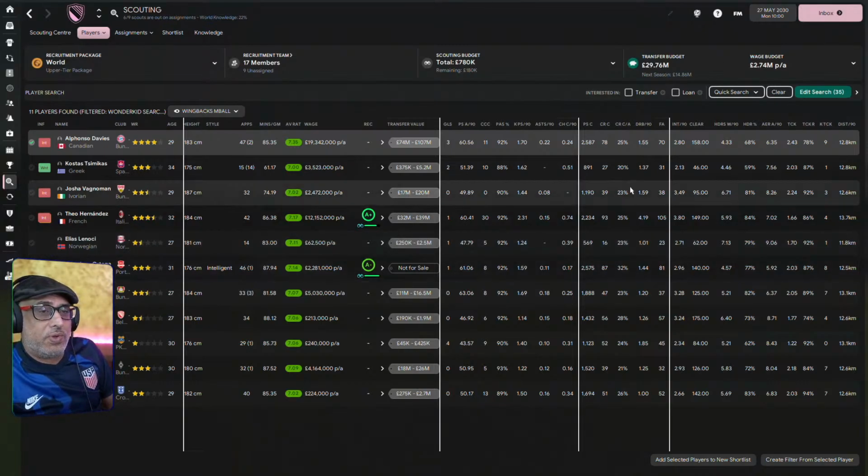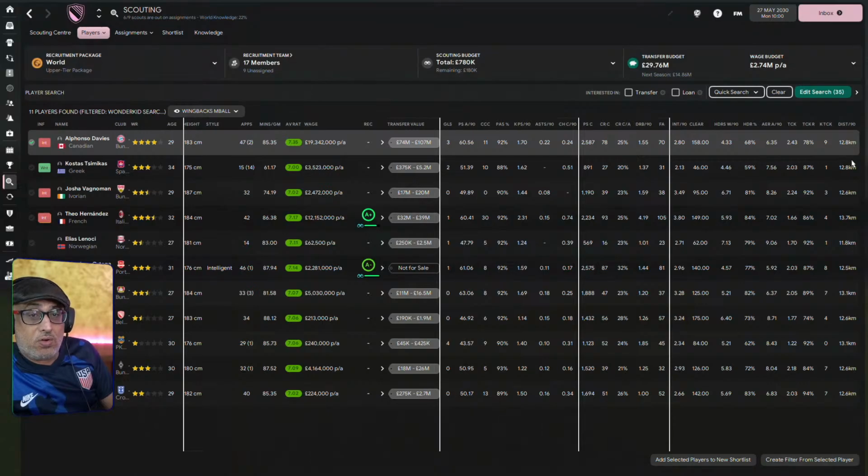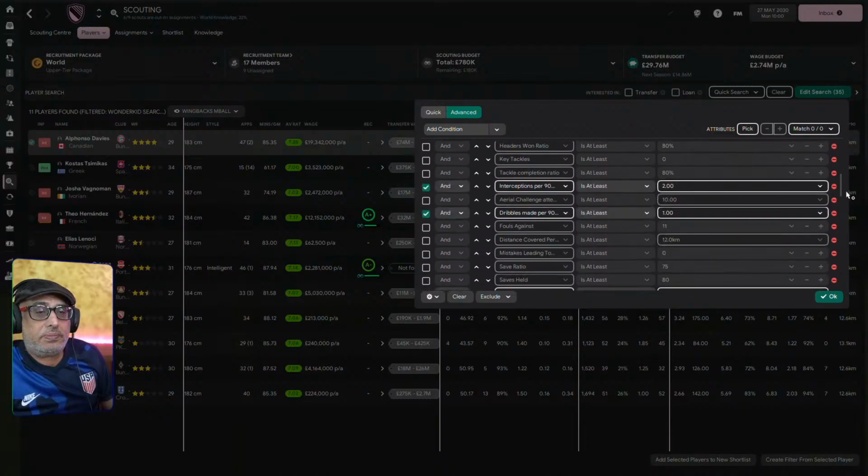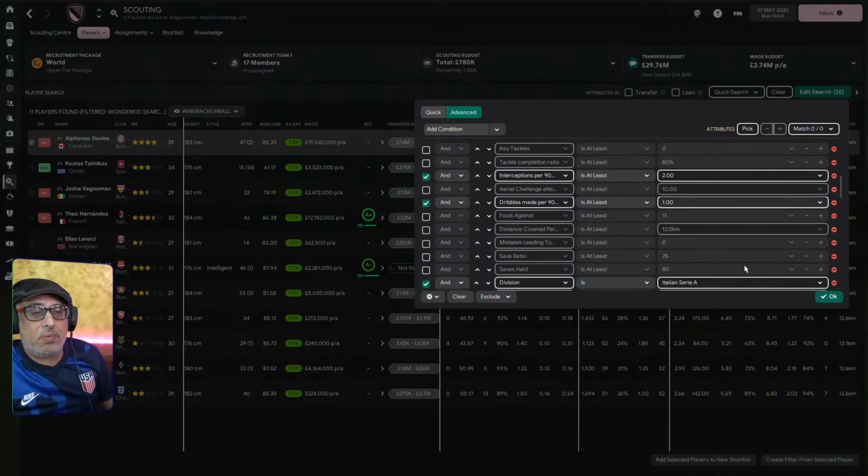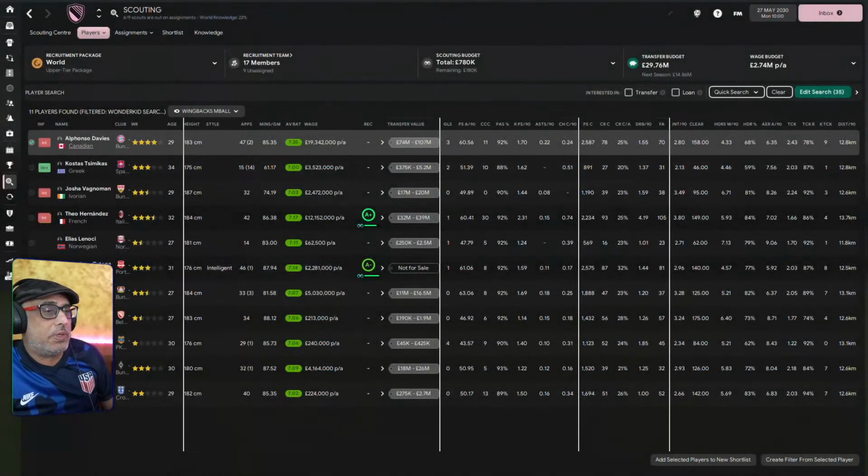Okay, so we got this. Now, you're good at a lot of things, Andy. Your player is quite solid. You see this, where I did the dribbles, 1 dribble a game, right? So we popped up with Alfonso Davies, 1.55. But look at this guy, Theo Hernandez, 4.19 dribbles a game. He takes on players like 4 times in a game, right? This guy's about almost